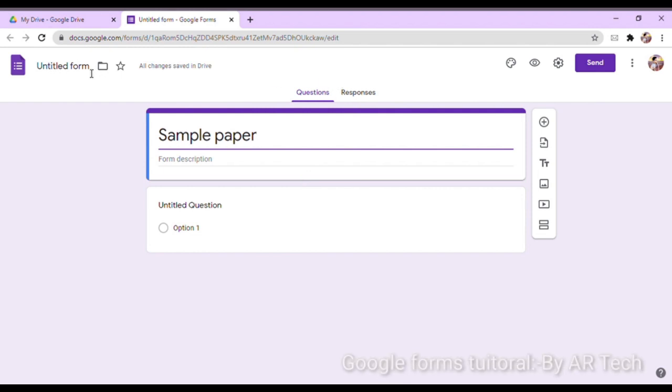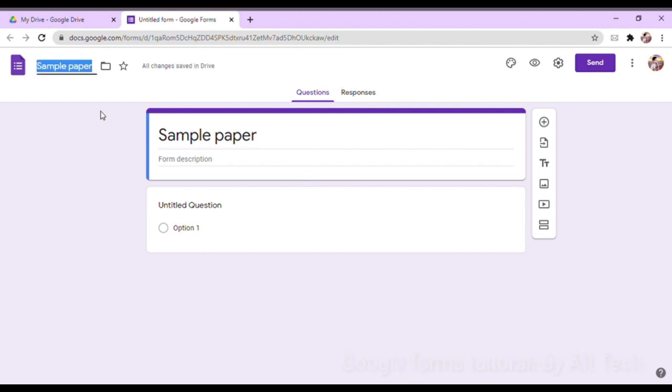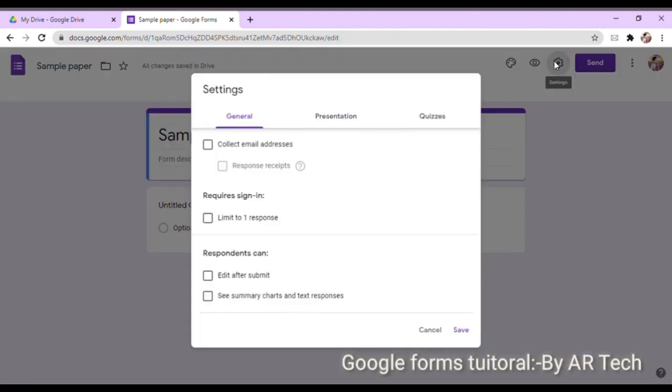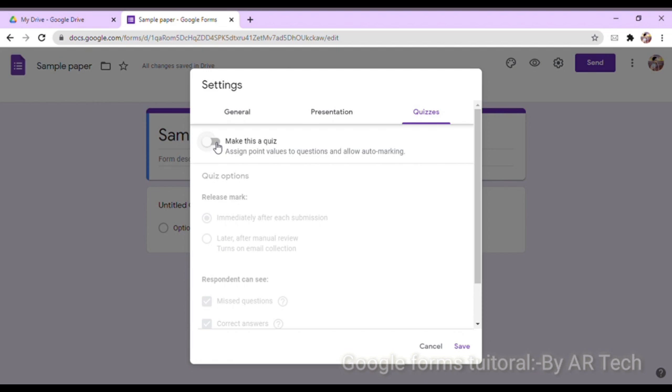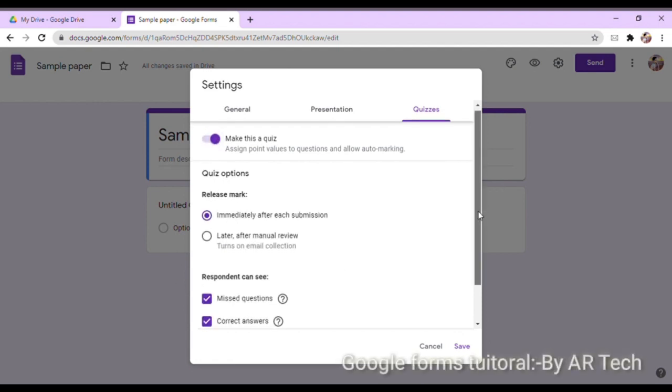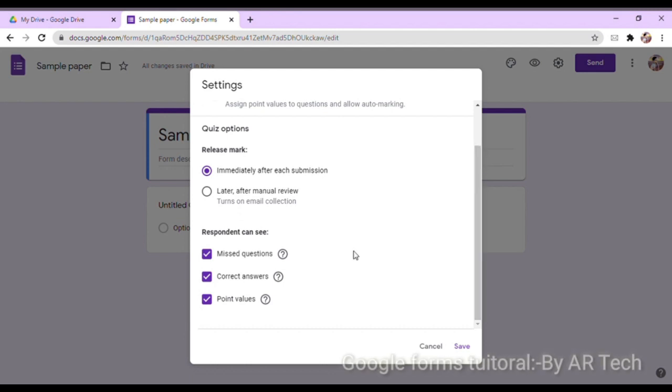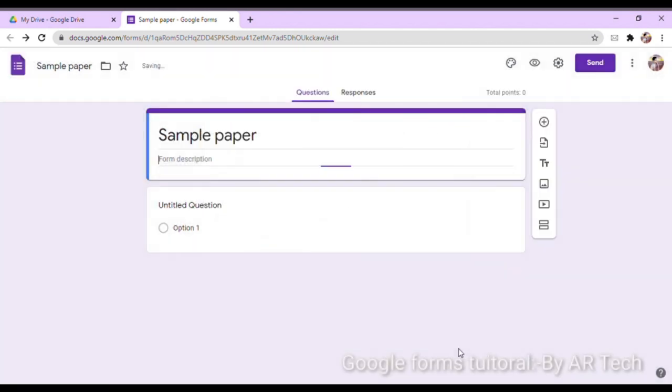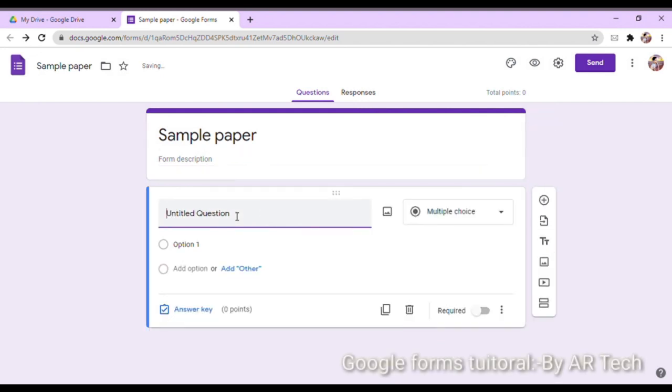Now this is a form, so we need to convert it into a quiz form to give and award marks. So go to settings, go to the quizzes tab, and enable the option make this a quiz. So now we can award marks for each question. So click on the save option to save the changes we have done in settings, and now let's start creating